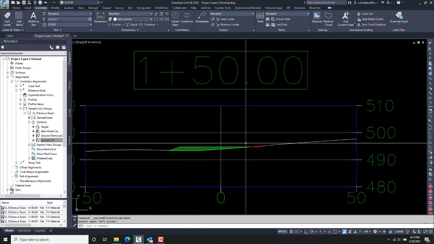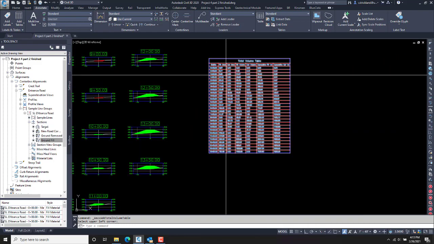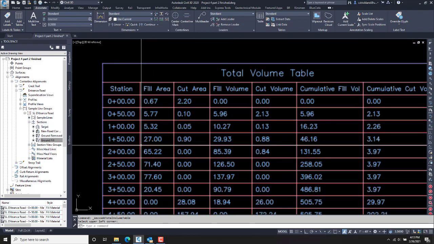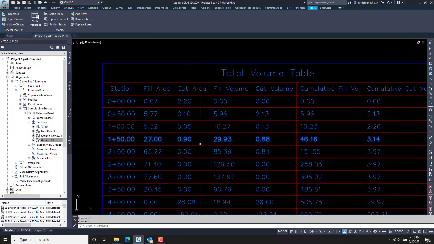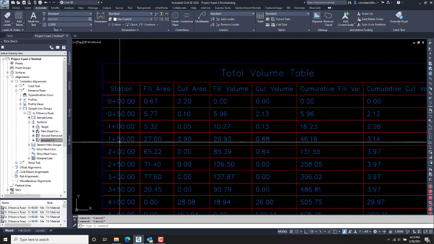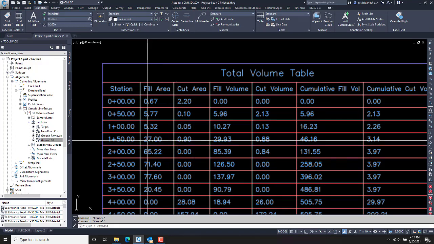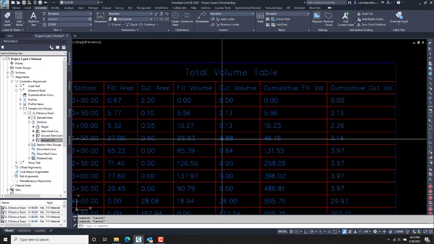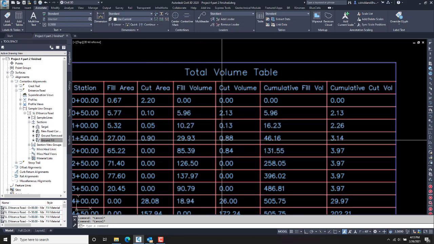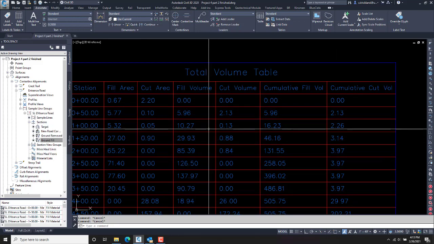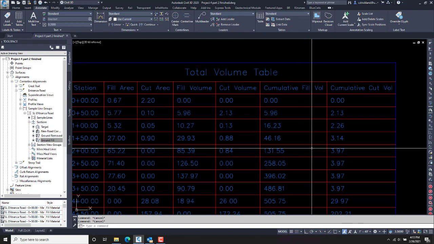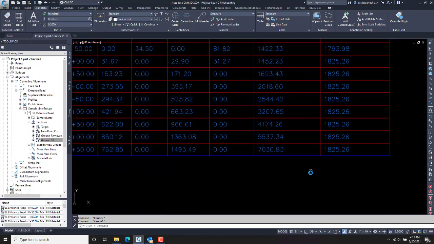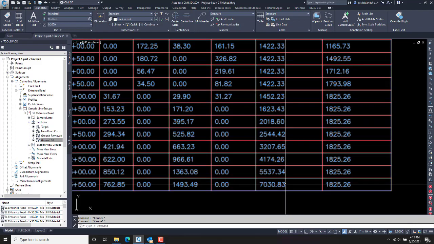Here we have a chunk of fill with a little bit of cut. And if we look at this table here, 1 plus 50, we can see that we have a fill area of 27. Oops, sorry. We'll go here and check 1 plus 50. We can see here's some fill, here's some cut, here's some fill volume, here's some cut volume. And that's for each of that area that it's currently sitting on. There's an area and there's a volume, which should be the average end of the one before it. And then here's a cumulative tracker, so we can see all the way down here that all together we have